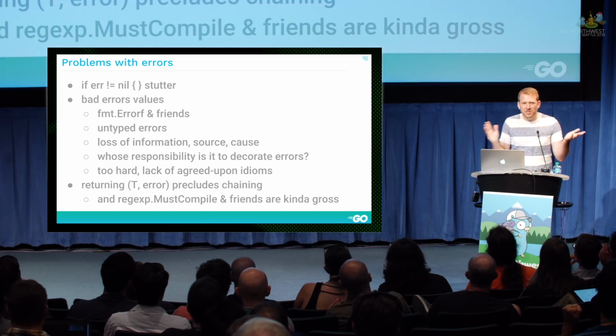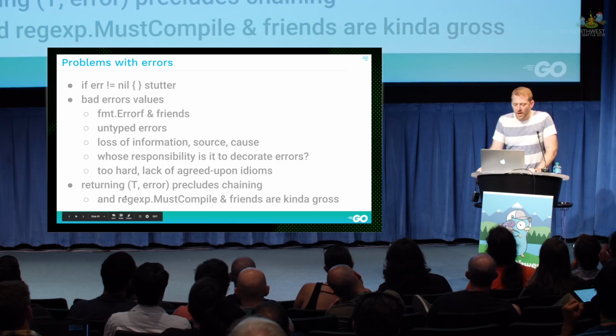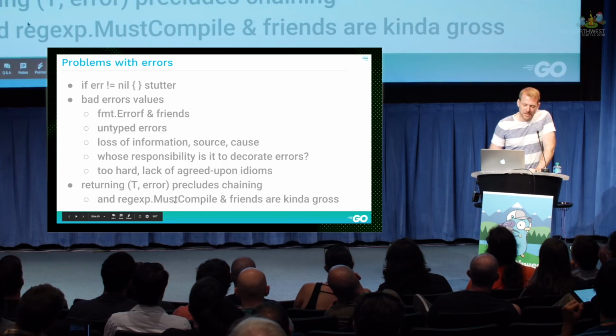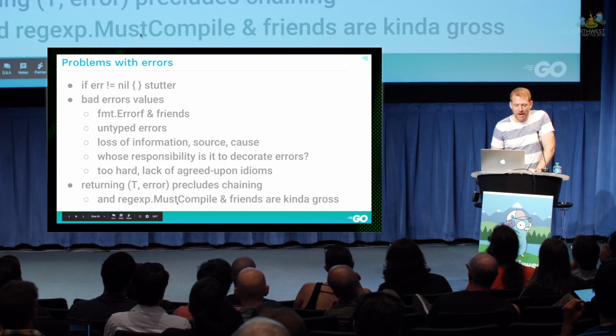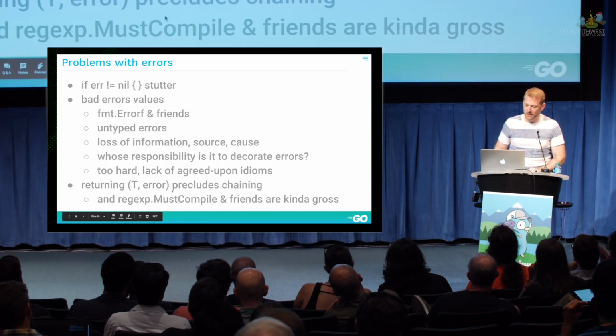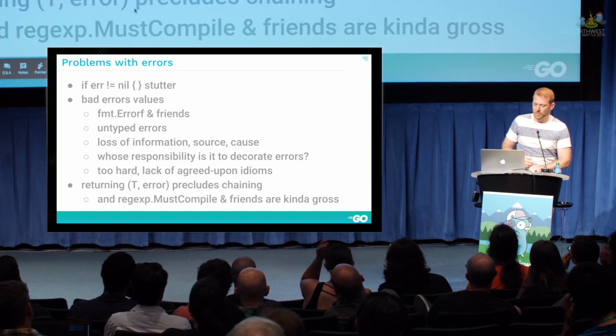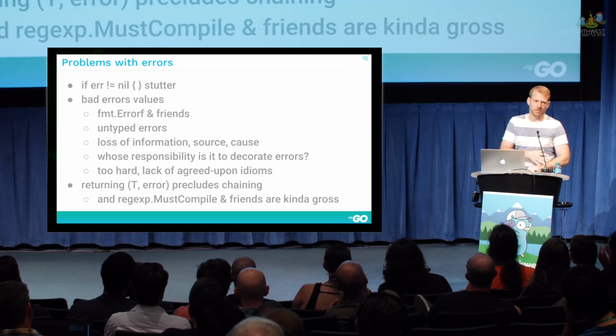And then, they shouldn't error that often, but if it does, maybe I'll just panic or log.fatal. Or you end up writing these things like regex must compile or template must compile. In the end, you have two versions of your thing, the one that panics and the one that doesn't panic, and that's kind of lame. So it'd be nice to just have the t-error version, but be able to do the chaining anyway, but also have good error handling.